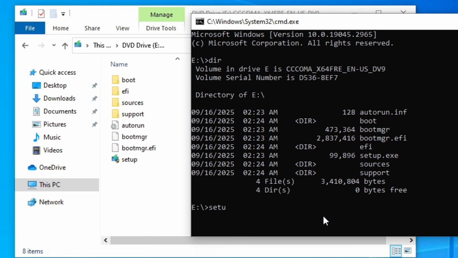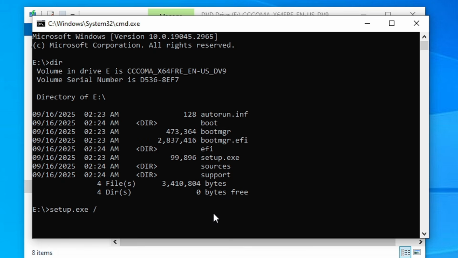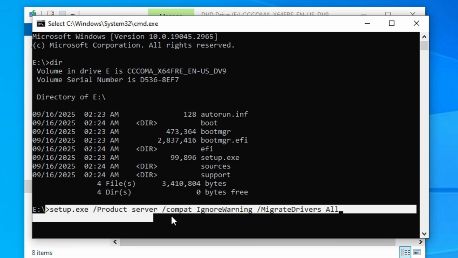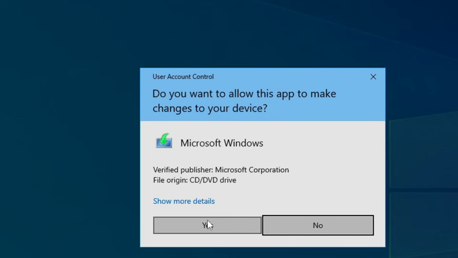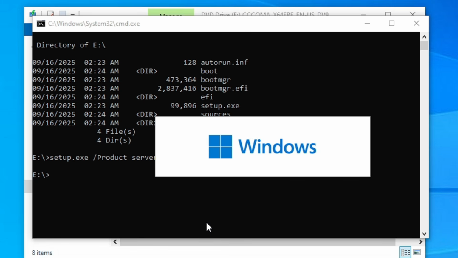Just type a simple command here that will be setup.exe space /product space server space /compat space IgnoreWarning space /migratedrivers space all. This is the only command you need, and I will also leave this in the description so that you can simply copy and paste. And once you hit the Enter key, very soon you will see that the Windows Setup